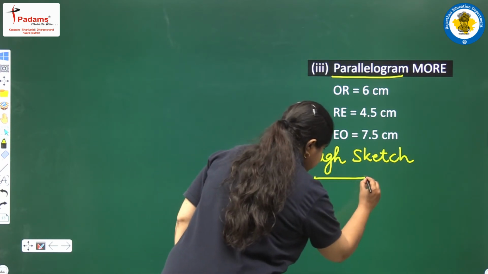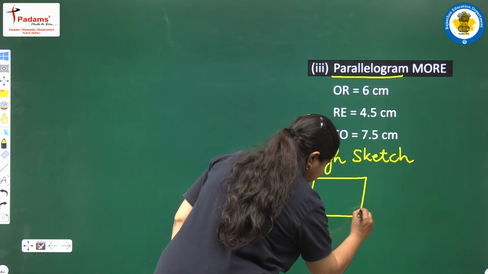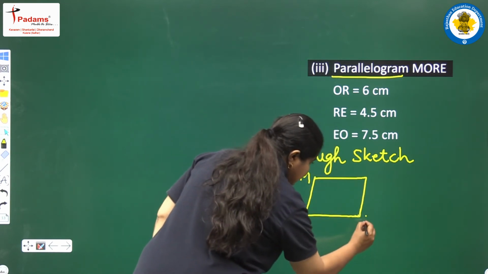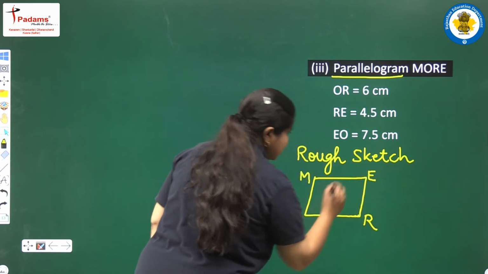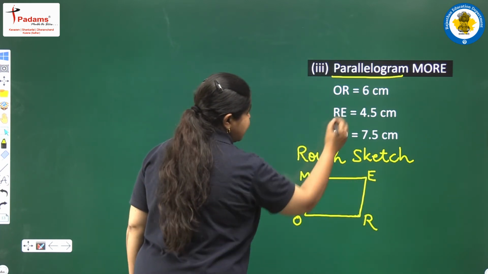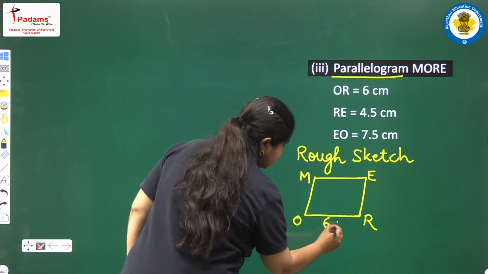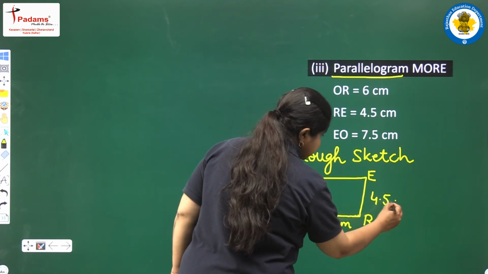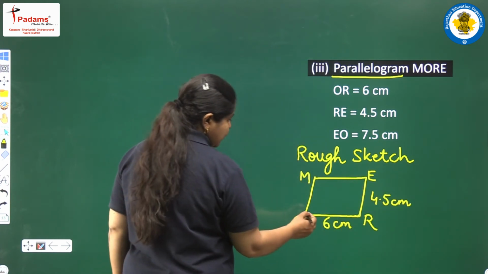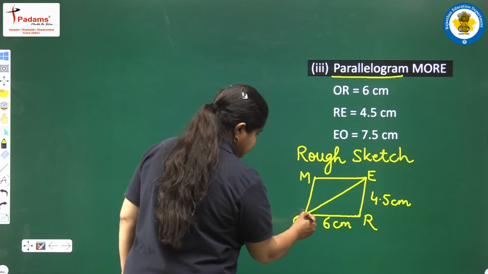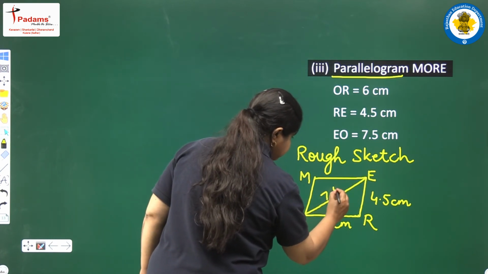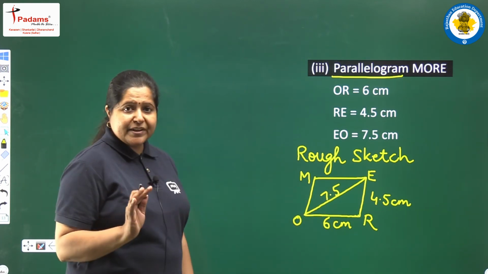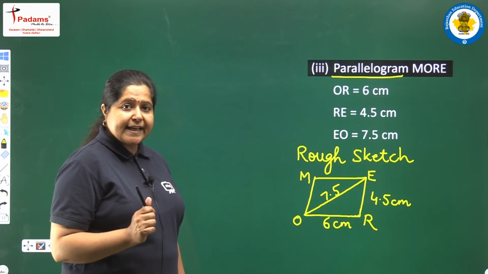We can take it in this way, a parallelogram. Let me name it M, O, R and E. Then let us write the measurements. OR is given to be 6 centimeters. Then we have RE equal to 4.5 centimeters. Then EO, this diagonal, is given as 7.5 centimeters. So, here we are having only 3 measurements, but we know that the opposite sides of a parallelogram